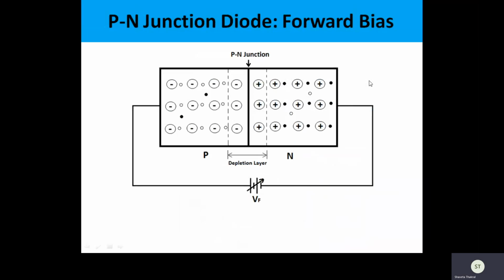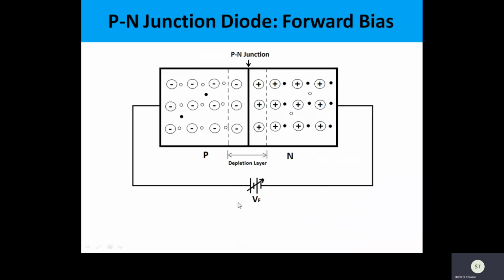So this is the second case of discussion about the PN junction diode, that is called forward biasing. Under what condition does a PN junction diode get forward biased? When the P type material is connected to the positive terminal of the battery and the N type material is connected to the negative terminal of the battery. And we have put here a variable DC voltage so that we can change the value of voltage, and we can study the behavior of the PN junction diode under different values of applied positive voltages, that is called the forward bias voltage, represented by VF.